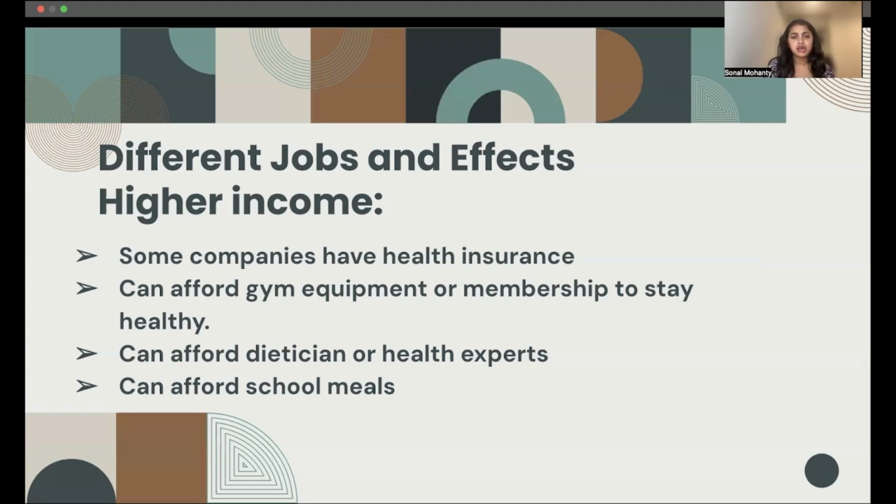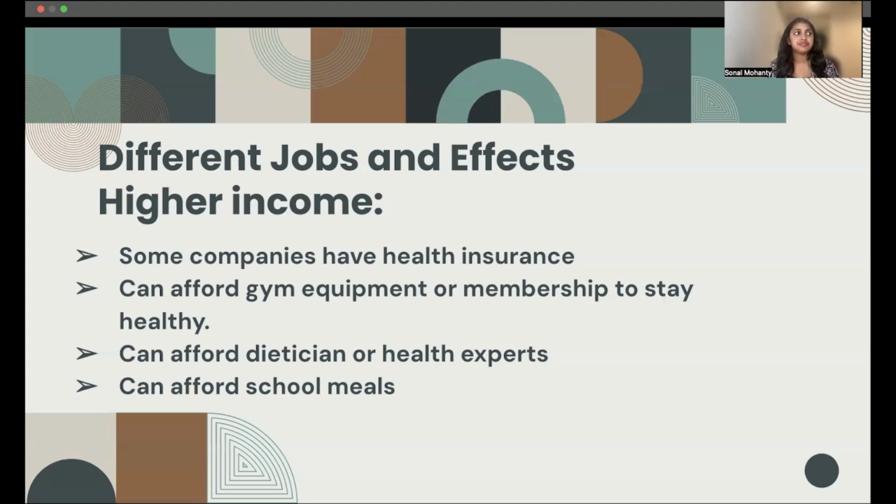Again, this one may seem like a bit of a simple one, like how is this related to nutritional health? Well, a lot of the time they may not necessarily be thinking about the exact nutrients that they're eating, right? So they just eat and eat and eat. They may be eating healthy foods, they may be eating unhealthy foods. But regardless, it's important that we stay in shape and exercise, right? And maybe people of higher income are able to afford a gym membership.